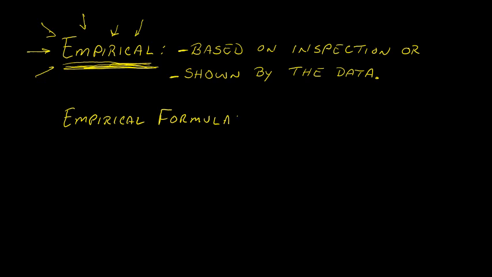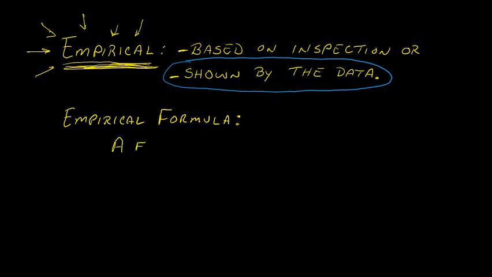Well, we'll see in the next video, not in this one. We'll look at how we can use data in order to determine an empirical formula, right? So the word empirical in this sense means that it comes from the data. You can analyze a compound and use that data to determine the empirical formula. Okay? But what an empirical formula means in simple terms for us is just a formula for a compound